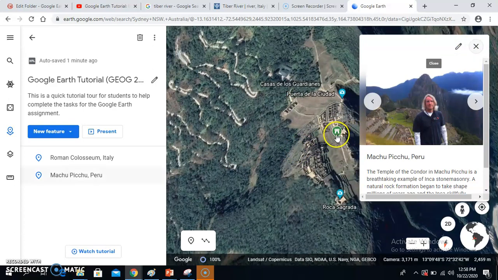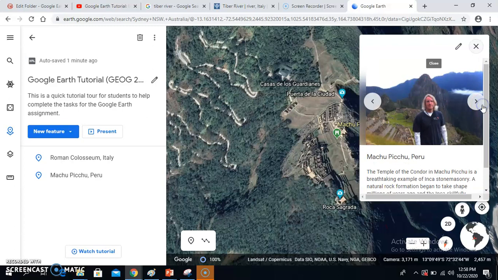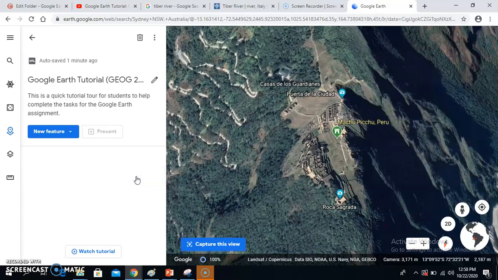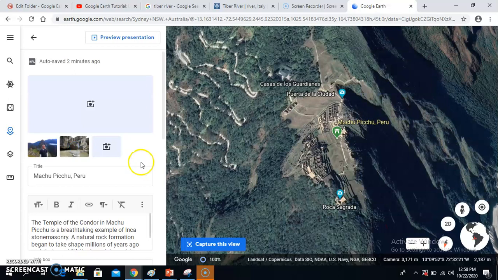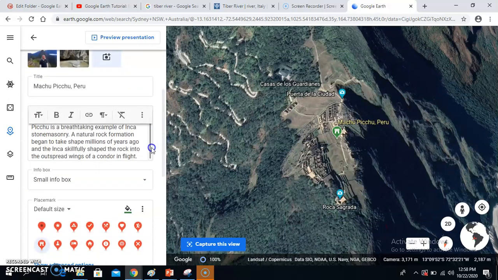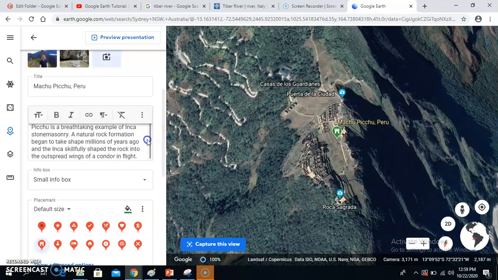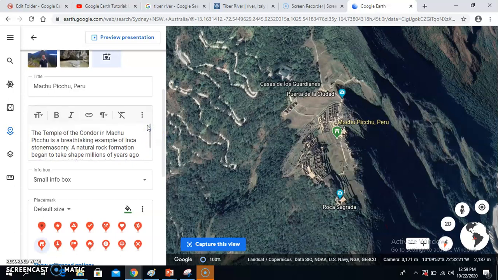There's where I put my pin. Notice it's still the green castle. Here's the information, a picture of me standing there. I don't have to use those pictures though. If I don't have them, I can just go and find those on the web. And so again, upload a picture if you're happy with it and want to use it. Okay, that's fine. But anyway, here's the important stuff: the information, but also how to use the tool, and